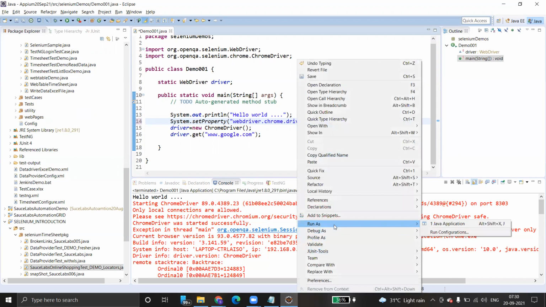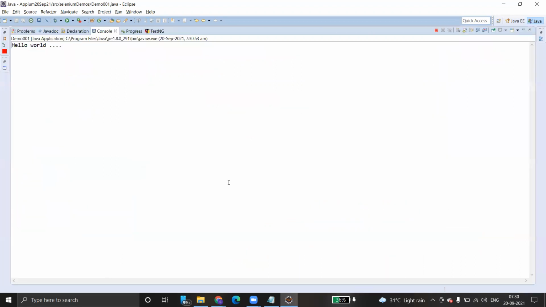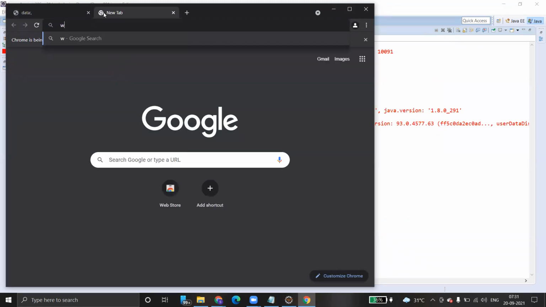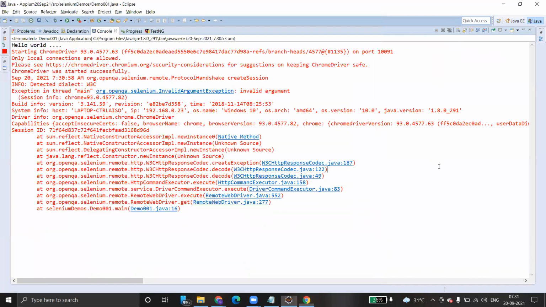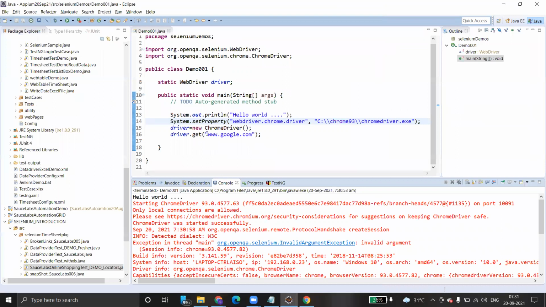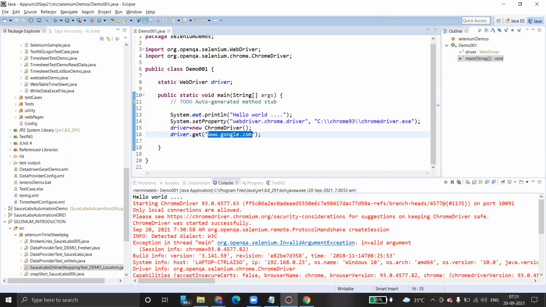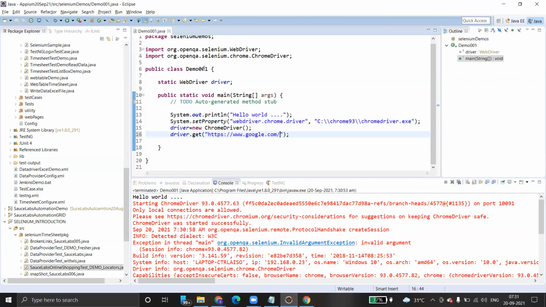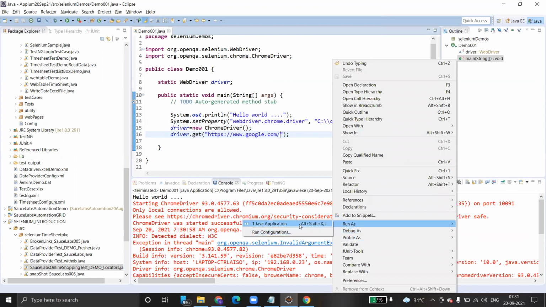Just right click, run as Java application. Let me run once again.